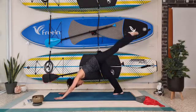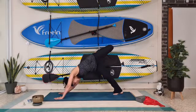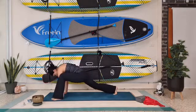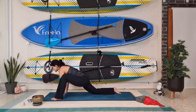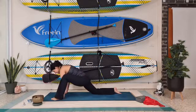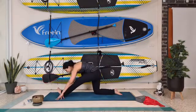Let's lift up the other leg, the left leg, bend the knee, open up the hip. And take that left foot to the outside of the left hand, drop that right knee down. And again, we're just wiggling it out, opening up the hips. Beautiful. Stay connected to your breath and frame the foot, leaning back